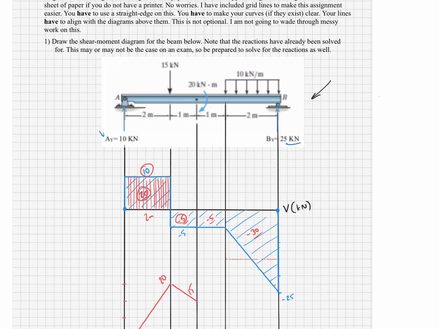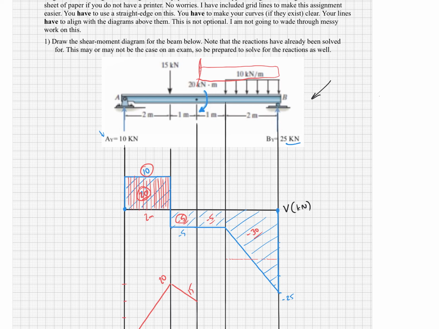We hit this moment, and our normal tendency is to think of this as a negative moment. Just for reference, we're thinking about this moment right here. It's 20 kilonewtons times meters. Our tendency is to think, okay, this thing's going clockwise, so it's negative. But really we want to think about what its effect is on the remainder of the beam. So if I'm looking at just this section of the beam over here,